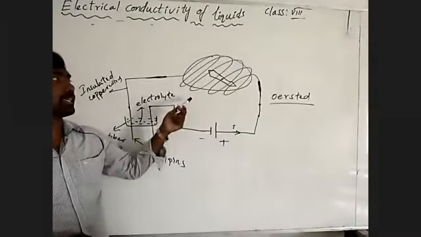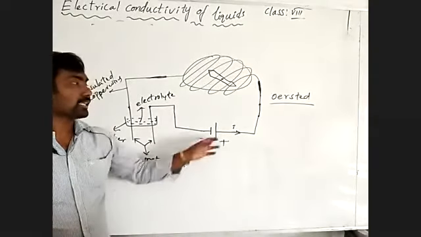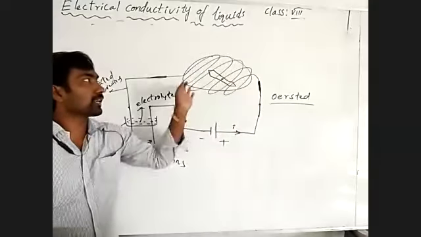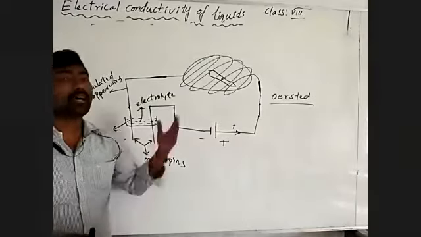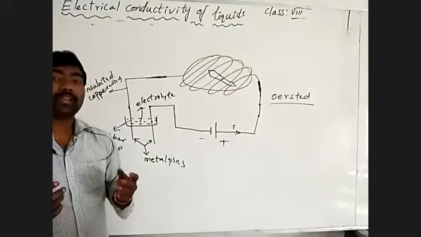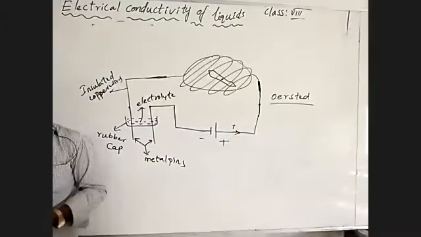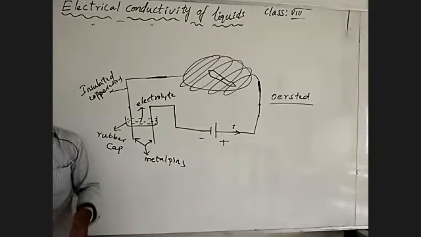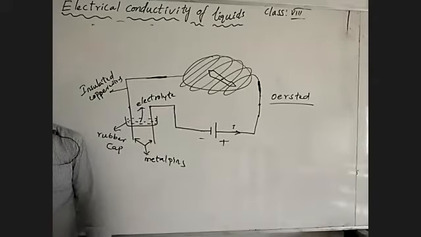By passing electric current through the conductor, the compass needle shows a magnetic effect, because the current carrying conductor, that is the copper wire carrying current, shows the magnetic effect on the magnetic compass. That's why Oersted explained that a current carrying conductor produces magnetism. Understand? So this is the way to understand whether the given liquid is an electrolyte or not.